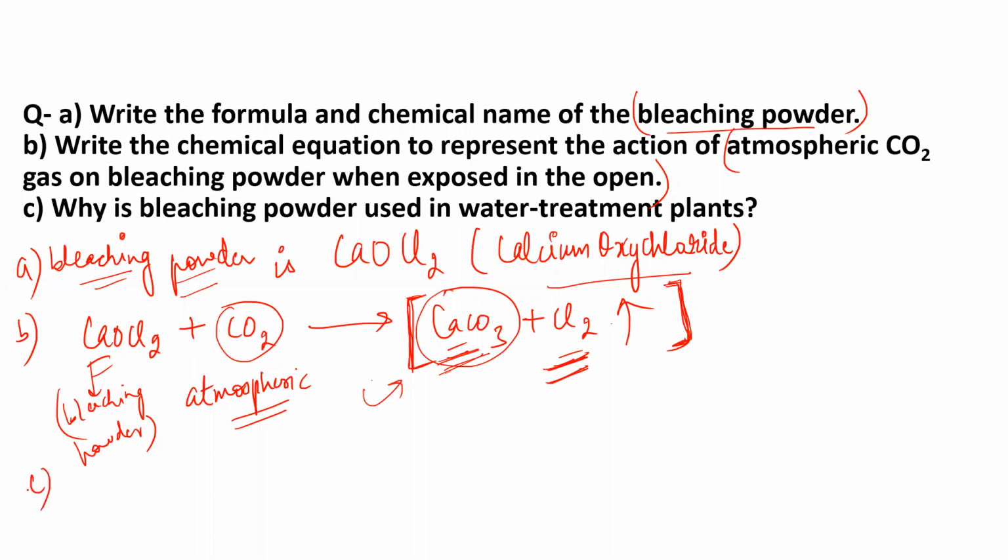So in part C we have, why is bleaching powder used in water treatment plants? Basically, you know that when it comes in contact with atmospheric carbon dioxide, it releases this gas. This chlorine gas which is released from here kills bacteria present in water,